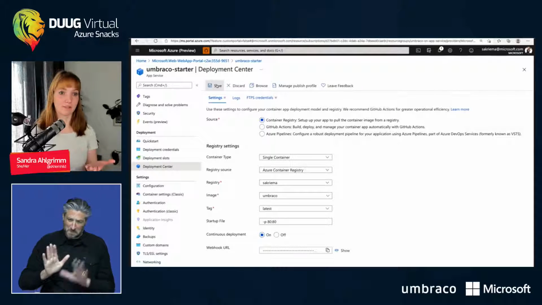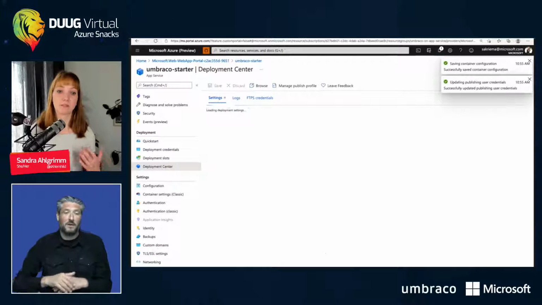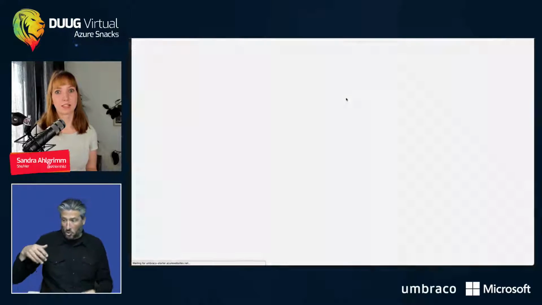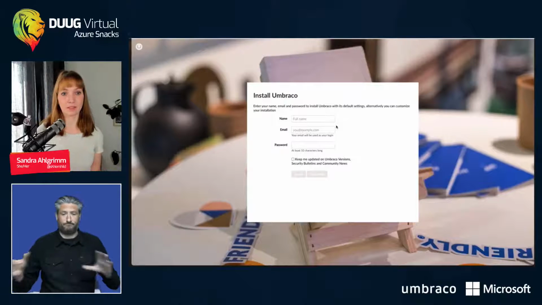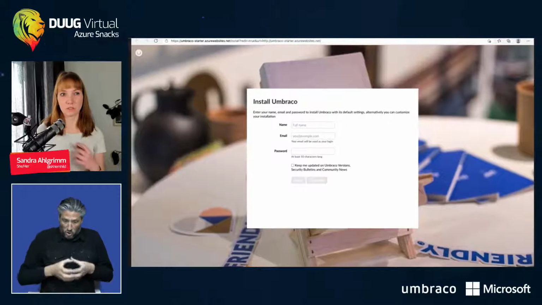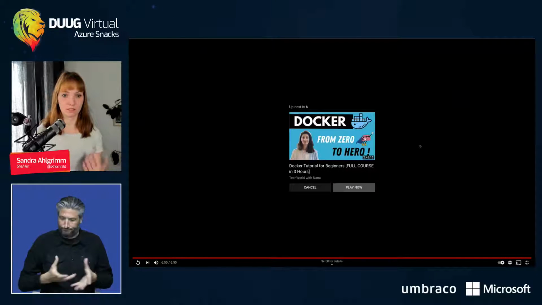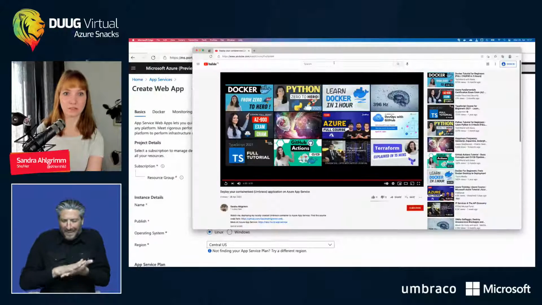So now I have it like whenever something gets updated on my container registry, it will pull the new image and then start it for me. Remember, we are throwing away the existing container and running a new one. So you do have an outage. It's a short outage, but there is one. Okay.